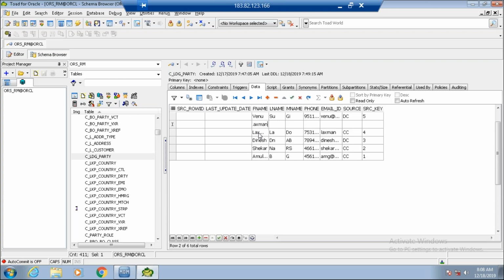I'm just trying to copy exactly the same data so that it will get rejected with a proper error. Toad is not as handy as SQL Developer, is what I feel.